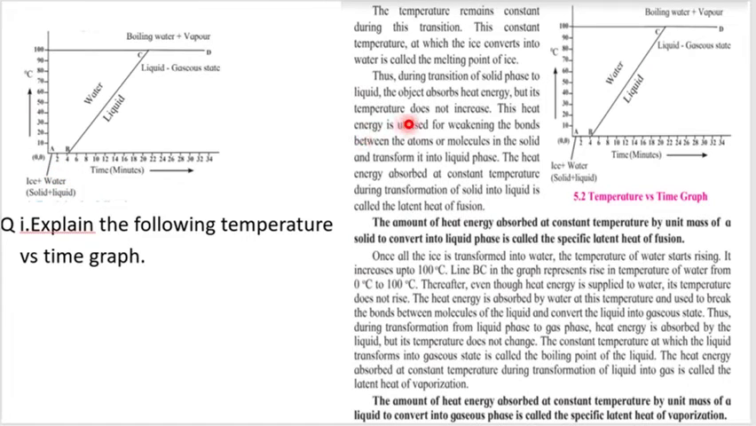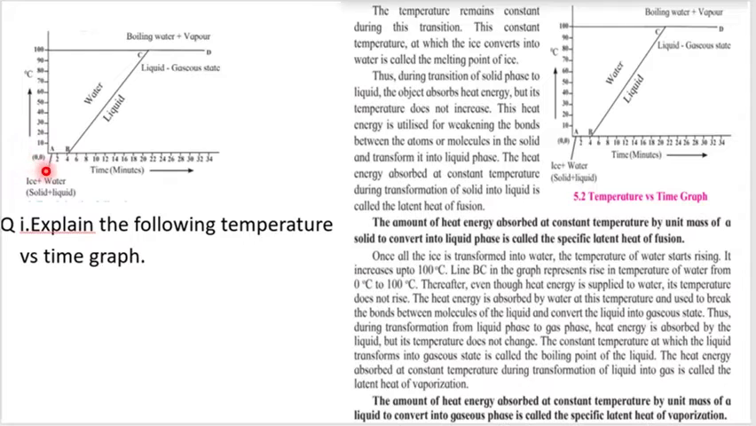When we supply heat during the transition from the solid phase to the liquid phase, the object absorbs the heat, but its temperature does not rise. Its temperature remains 0 degrees Celsius. This heat energy supplied is utilized for weakening the bonds between the atoms and molecules in the solid and transferring it into the liquid phase. So here, the heat supplied to the ice is used to transform ice into water at